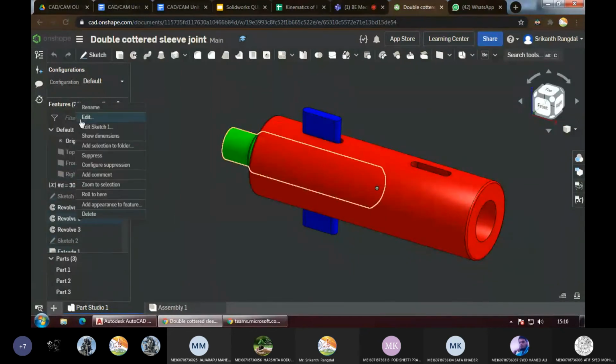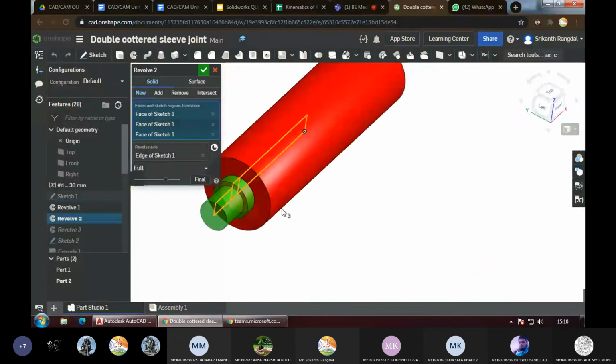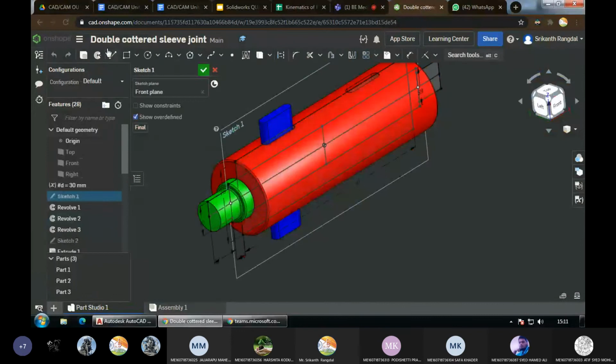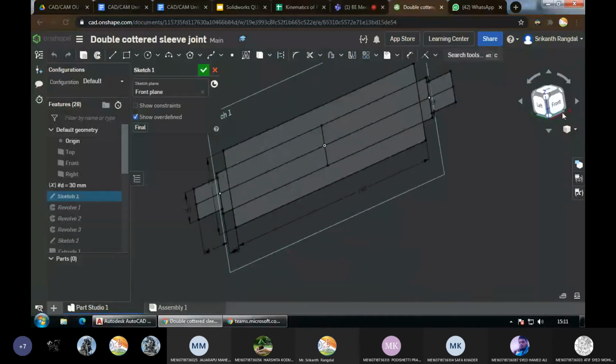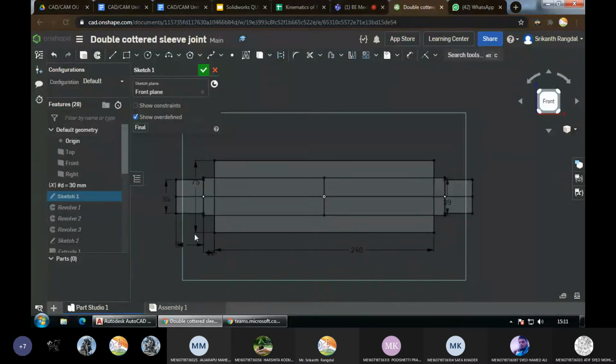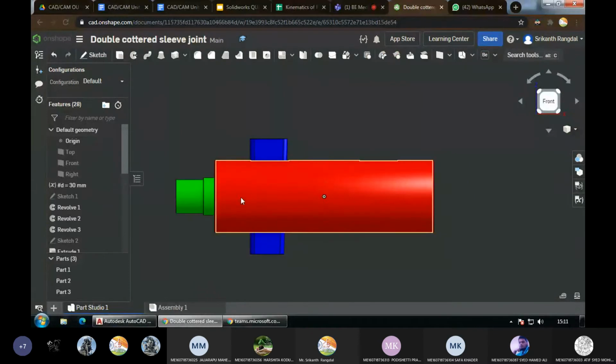Like for example, if I edit this, you can see that this part is formed by a revolve feature using this particular cross section. If I want to edit that cross section, I just have to go here and edit it. If I make some changes in this cross section, the same changes will reflect in the 3D model automatically.